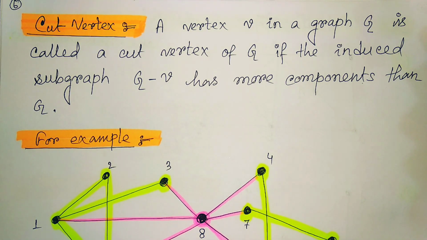In this video lecture, we are going to learn about articulation point and biconnected components. So, what is an articulation point? That we already discussed in our previous video. But in this video, we are again discussing the articulation point in terms of induced subgraph. Previously we learned what an induced subgraph is. Now it is the cut vertex or the articulation point.